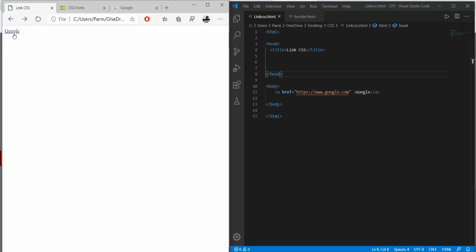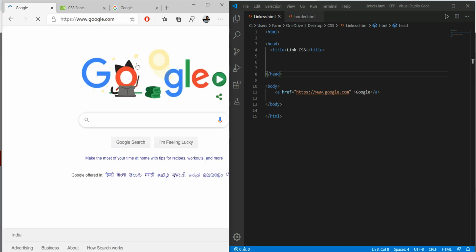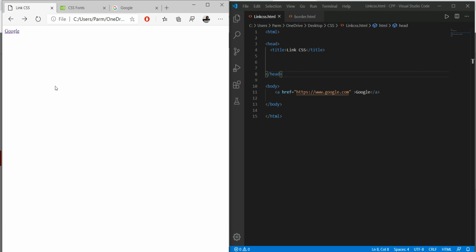Here we see a link is created with the name Google. If I click on this link, what's going to happen? Here we see the website google.com opens. Go back by clicking the back button on your browser.